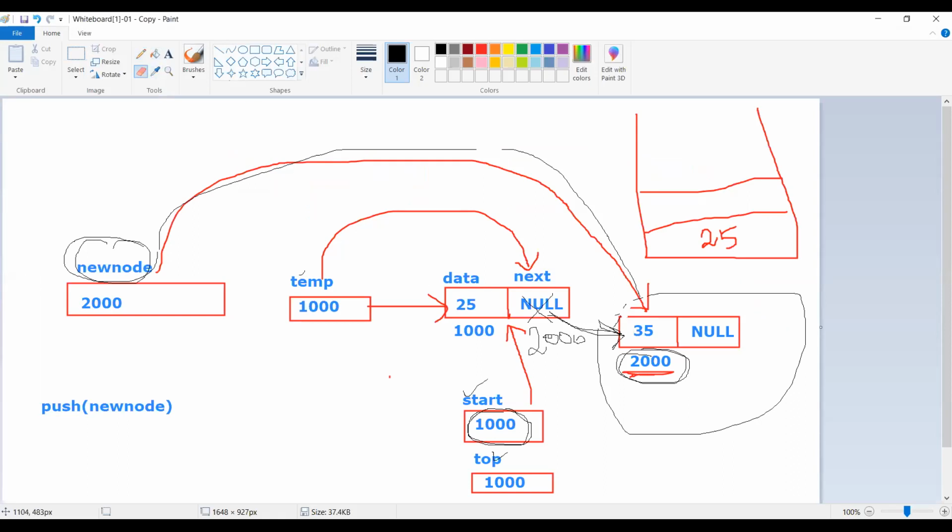Let me erase it. That's why I thought to complete yesterday, but okay. This is the scenario. This is the condition part. Can anyone tell what is the value of temp's next according to this scenario, according to the slide shown here?